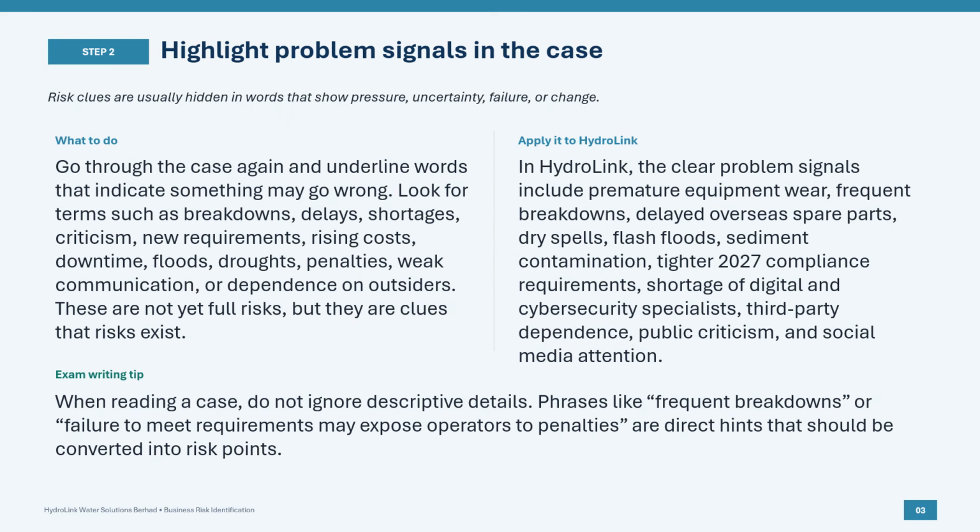So these are all hints to you that it is a high risk. Then also tightened compliance requirements for 2027, shortage of digital and cyber security specialists, third party dependence, public